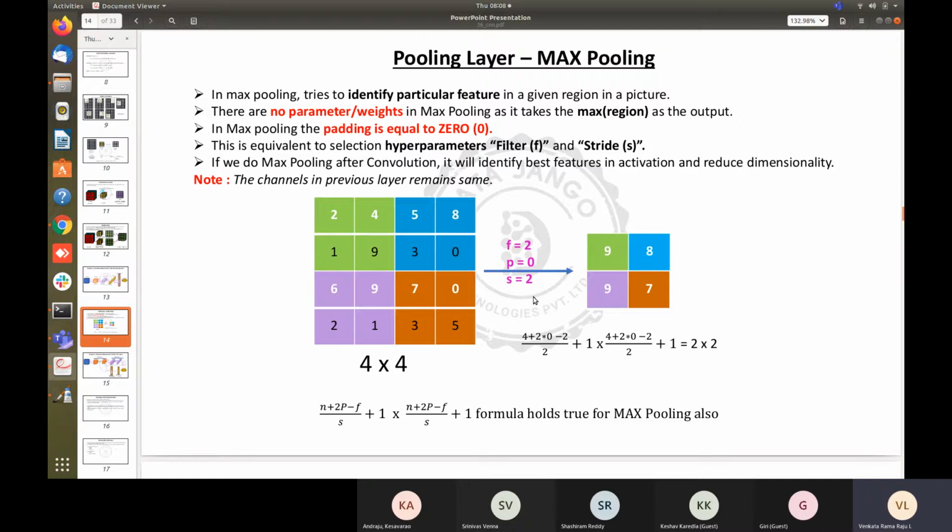Why do you use max pooling? To reduce dimensionality quickly. You have a big picture with a lot of pixels, and you think most of it is not useful. In a 3 by 3 area or 5 by 5 area, or 4 by 4 area, out of 16 pixels, if you take the maximum numbered pixel, it is enough. It is like reducing the quality of the picture, right? You have an HD picture, you want to reduce the quality to maybe a normal picture, so that you can save it well, or you are trying to reduce the size of the picture. If you take the maximum pixel there, it will actually suffice, because in a picture, if you observe,